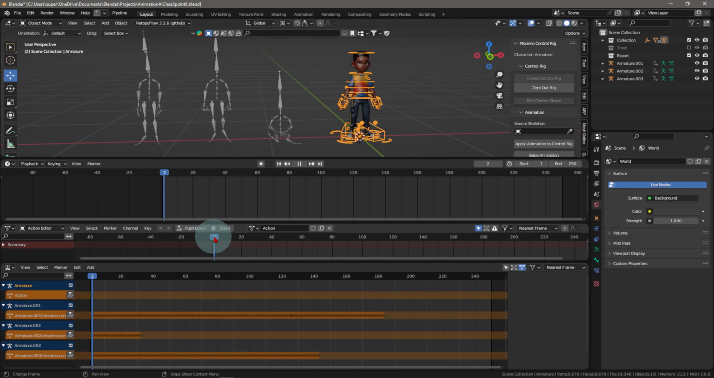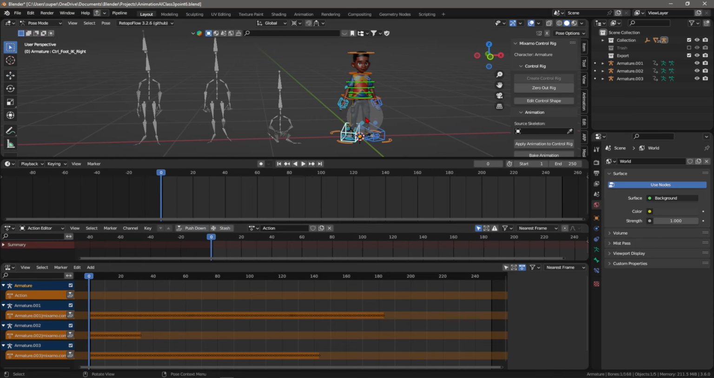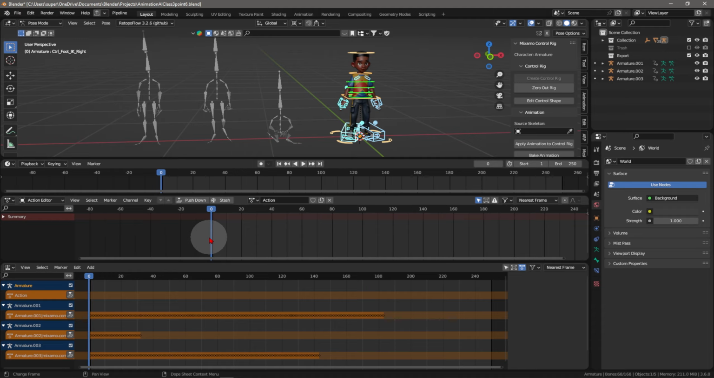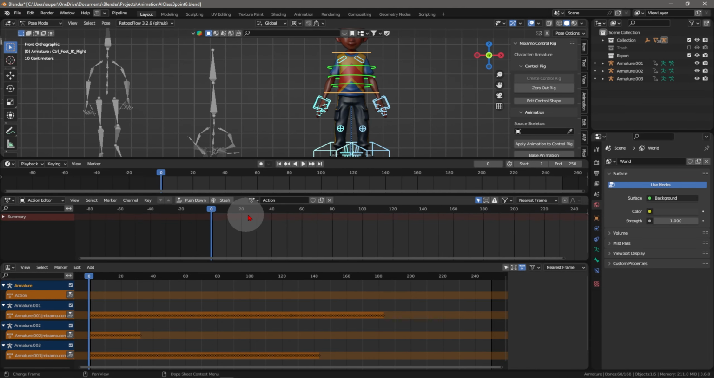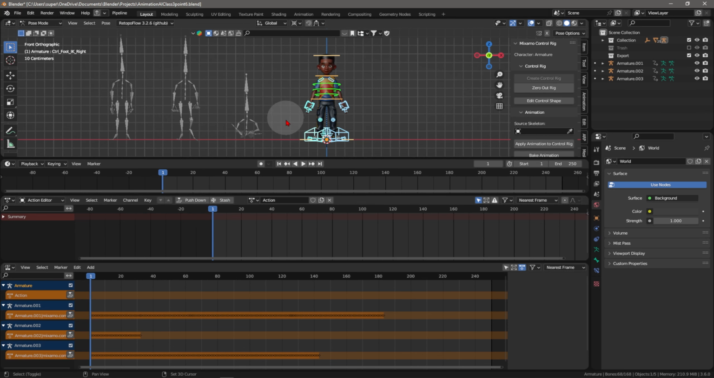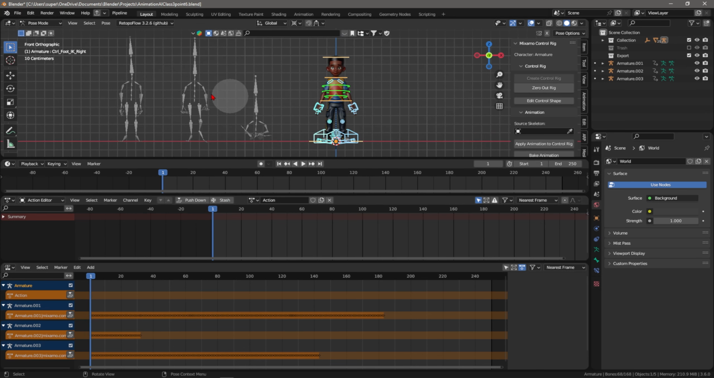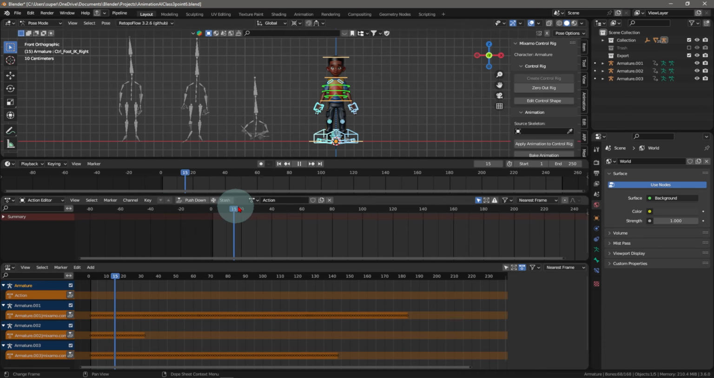I'll select this rig. There's nothing in here right now. So I am going to start taking the animations from the other rigs. The first thing we want to do is take the one from the floor, right? This one. So when I select this rig, I can